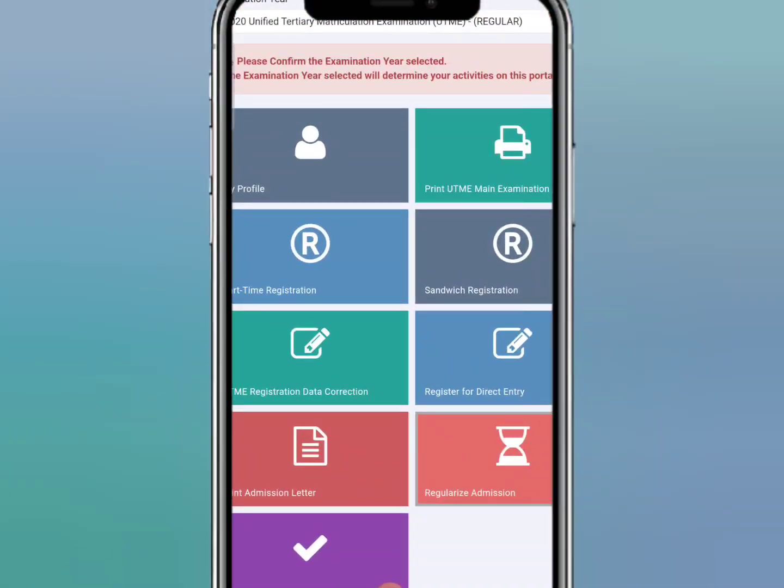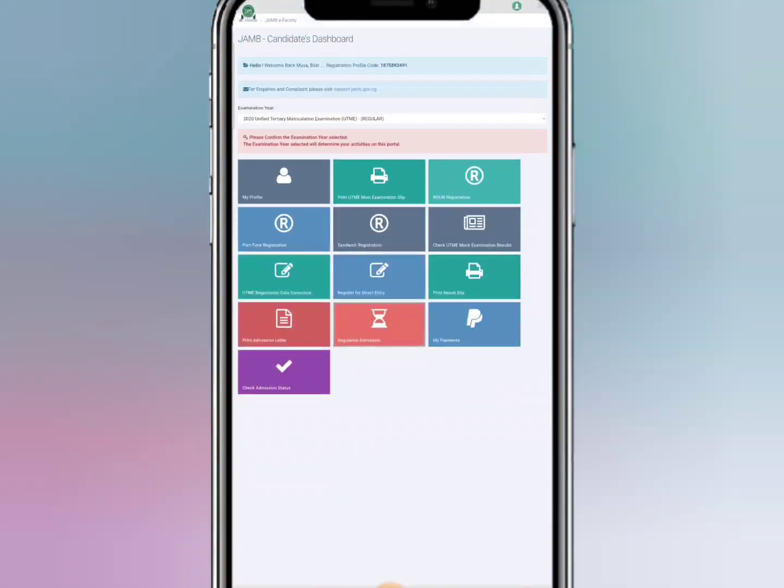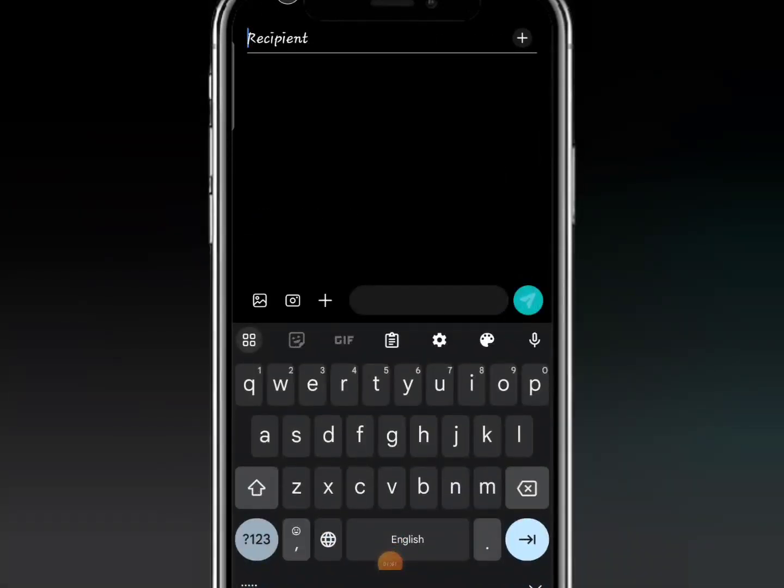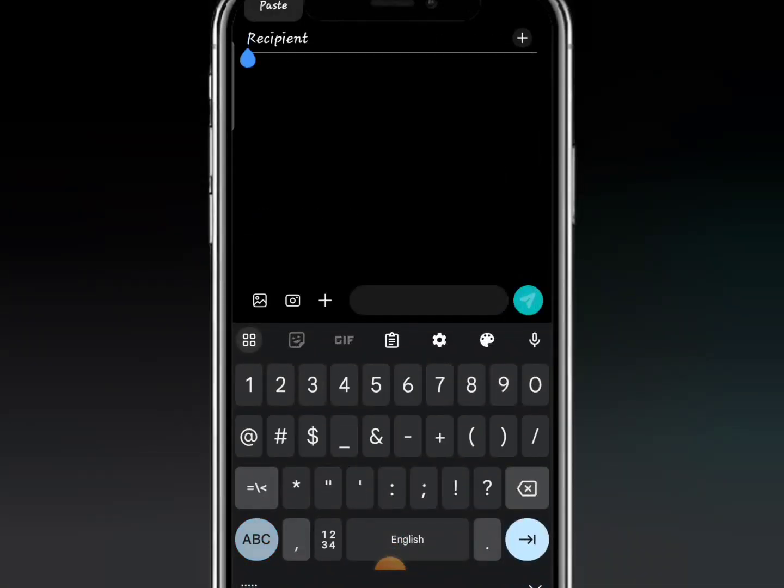In that case, we are going to use the second method, which is through SMS, and I'm going to show you how to do that right now. For you to do that, first of all, you have to go to your messages on your phone. When you are on the message, the next thing to do is to click on send message and enter the phone number, which is